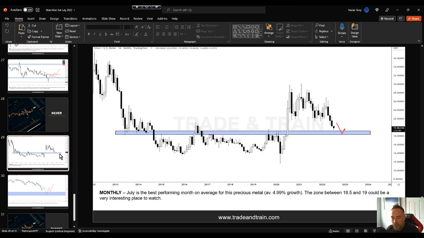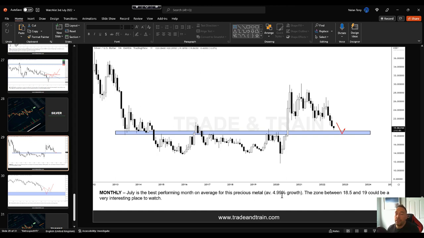So if I just click on here, we've got a zone of interest where we've seen buyers come in, we've seen sellers come in. So this is a zone of support, zone of resistance. This is on the monthly time frame, guys. So it's around about between 18.5 and 19 if you start looking at some of these lows and some of these highs. It's around about 18.5 to 19. That zone could be a very interesting zone to buy because silver has